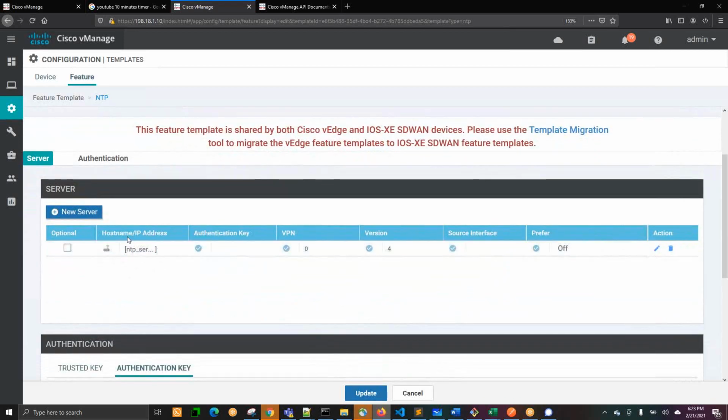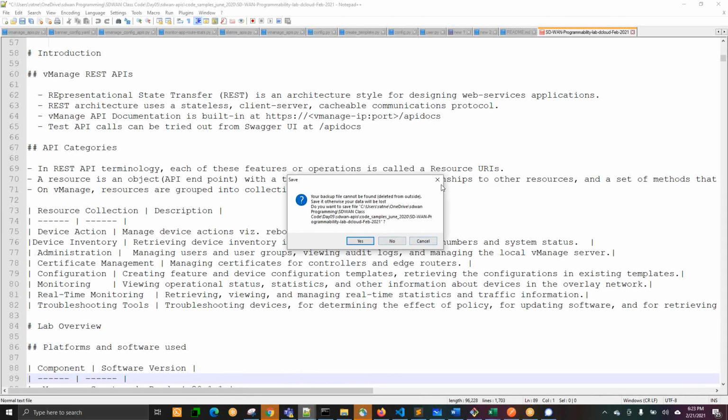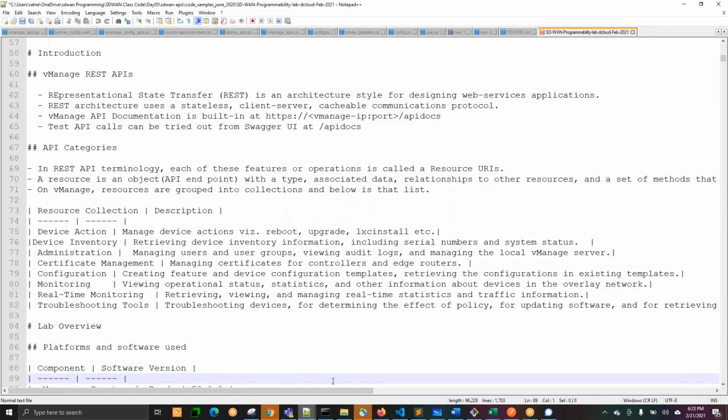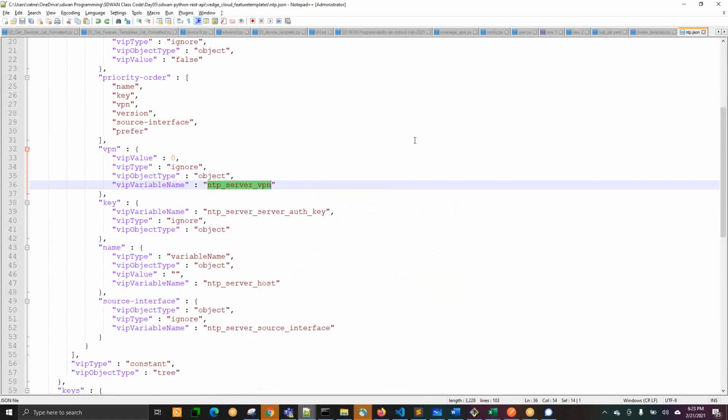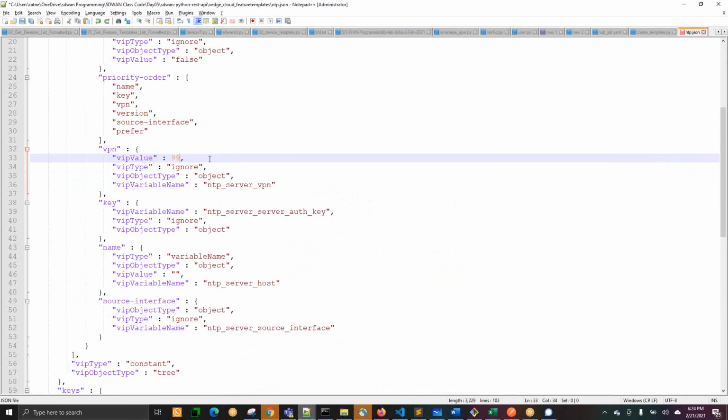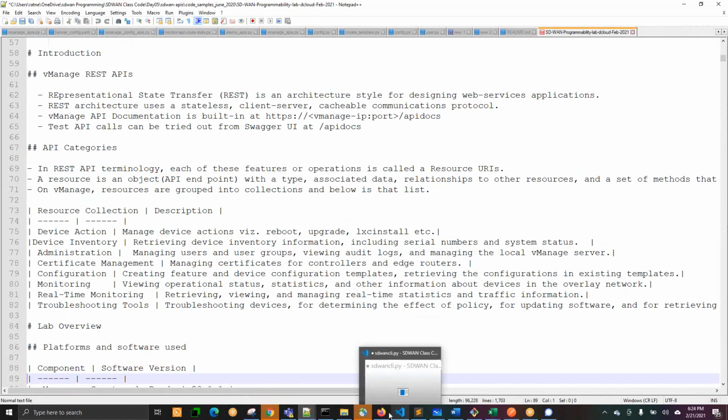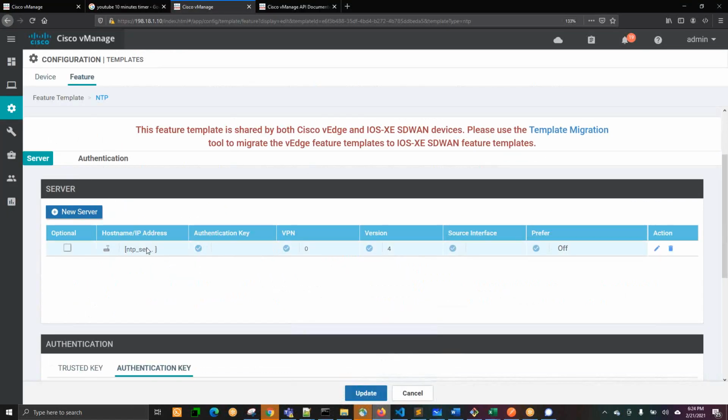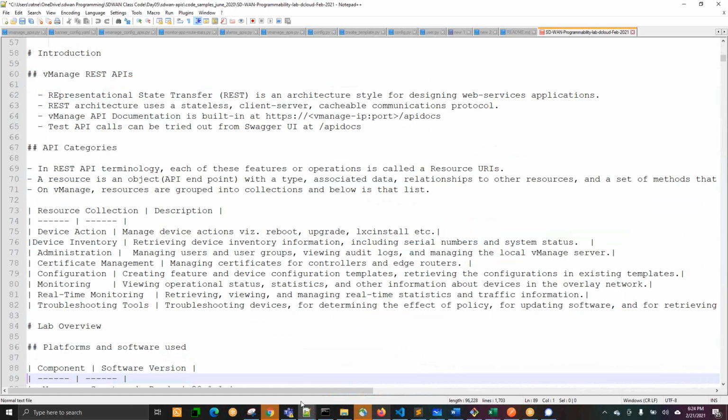So these fields are there, but if you go and change, so VPN is 0. Now if I do one thing, if I go back, where is my NTP? I think I have two files. So here you can see the VPN is 99. If I put 99, and I can go back here and the server address, if I can go and give the